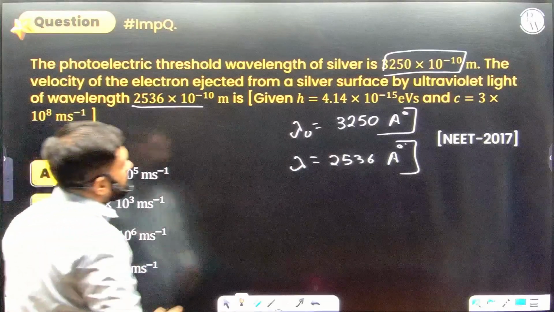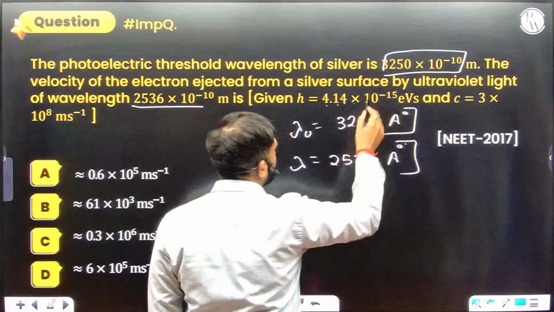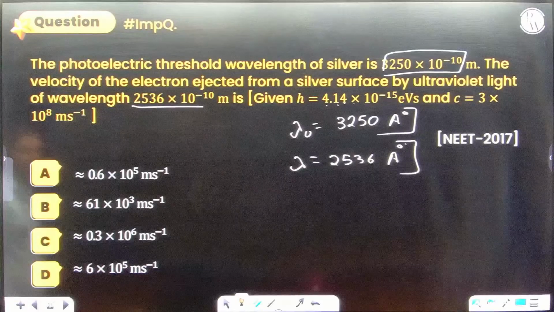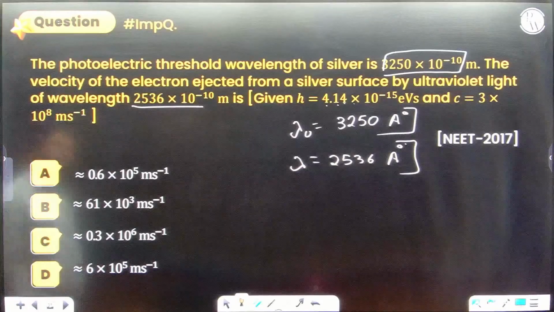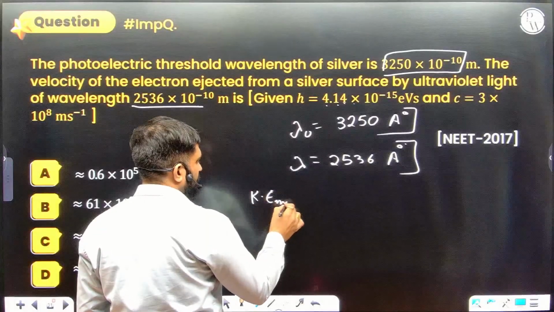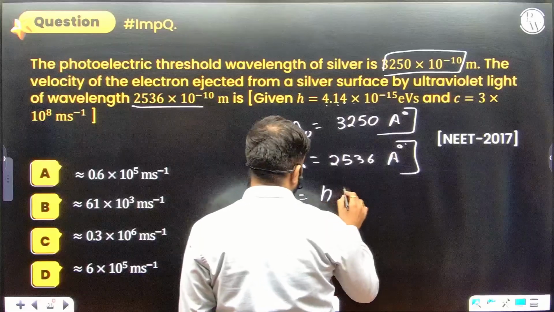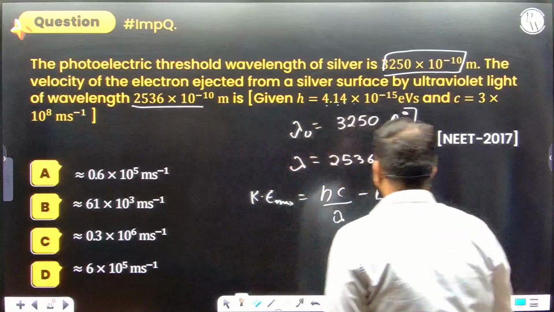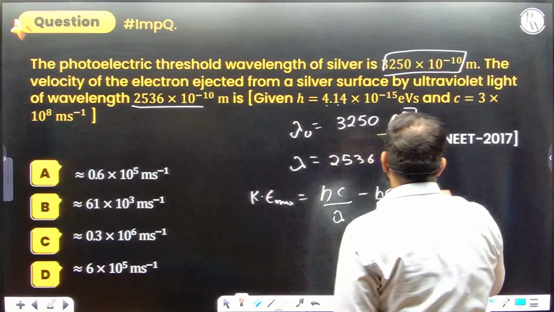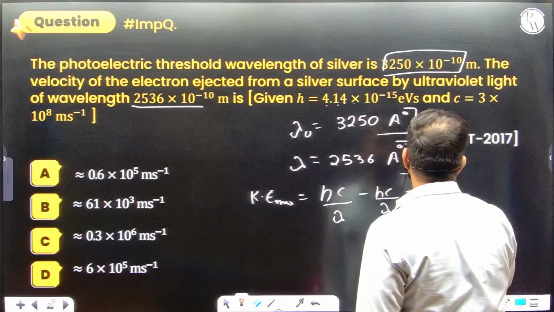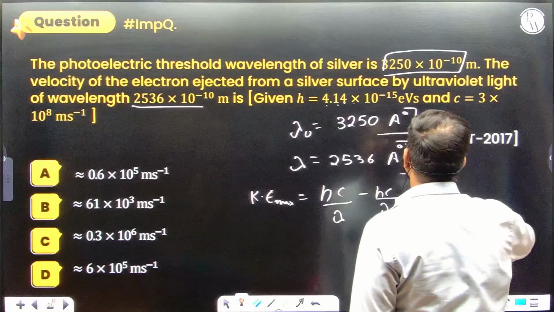They have given the h as 4.14 into 10 to the power minus 15 eV, and c is 3 into 10 to the power 8. So they are asking what is the velocity of electron ejected from the silver surface. So I can write the K max first of all. K max is equals to hc by lambda minus hc by lambda naught. Here hc can be written as 4.14 into 3, that is approximately 12,